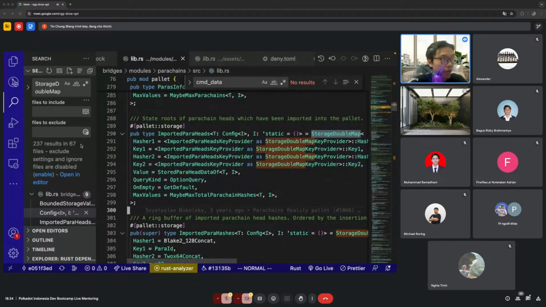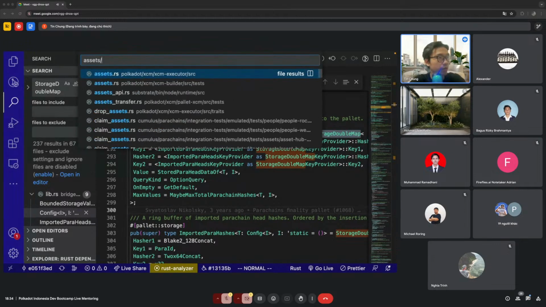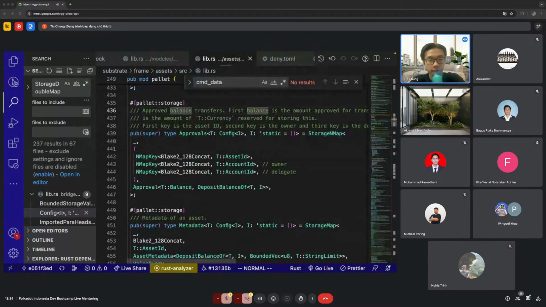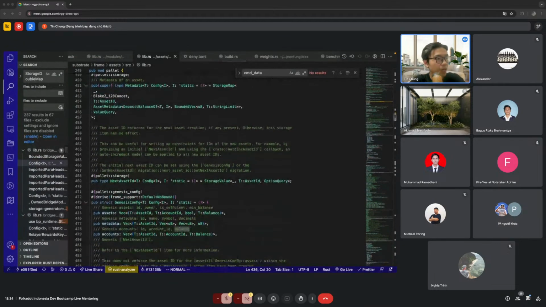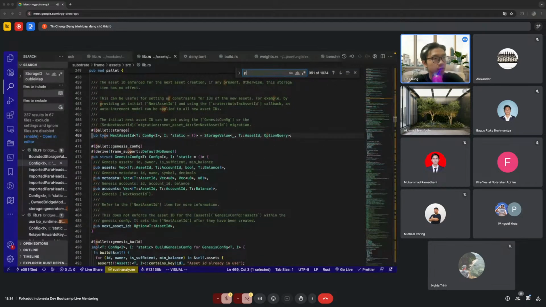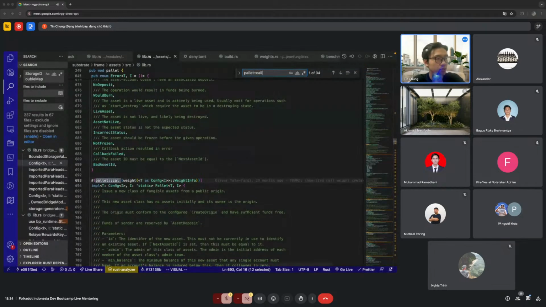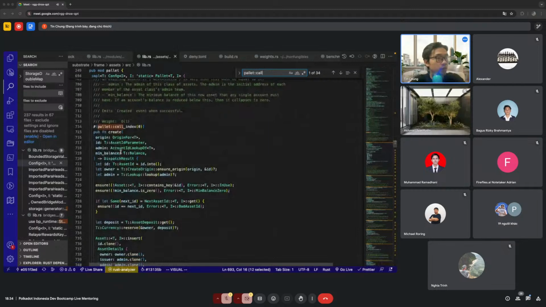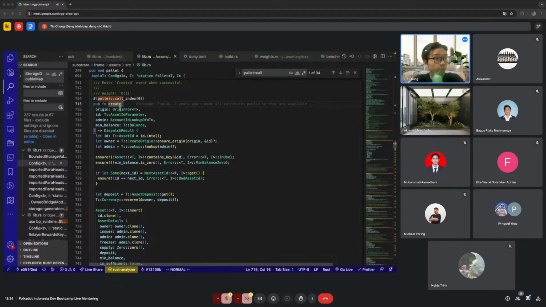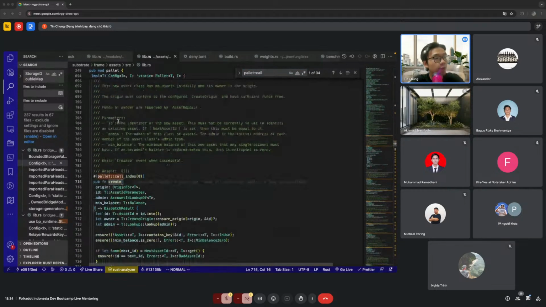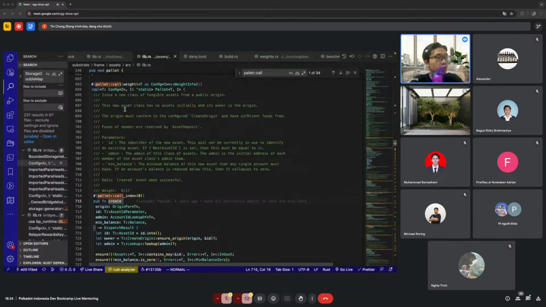And as we already have the code here, we're going to look at the assets pallet. In the assets pallet, you can find all the dispatchable functions in the pallet core. For example, this pallet assets has the method to create, issue a new class of fungible asset.